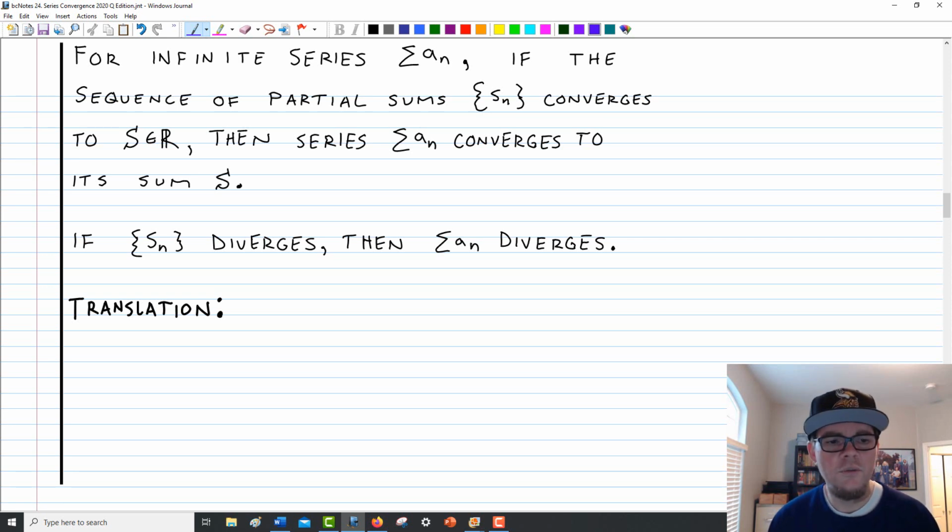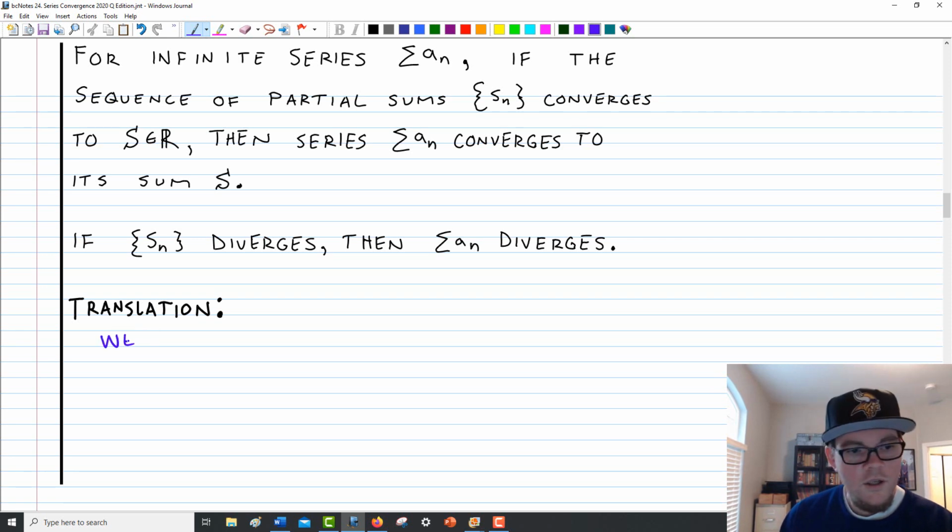As it says down below too, if the sequence of partial sums diverges, then we'll say that the series diverges as well. So basically these two concepts are completely married to one another. They mean the same thing. And in fact, at this point, they're our only tool to determine whether a series converges or diverges. As far as too long didn't read kind of stuff,